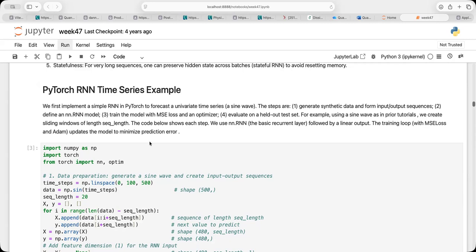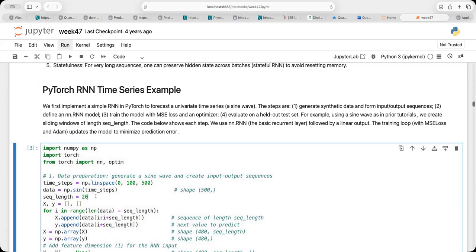And in this specific case, you will also see that they have defined this sequence length to be 20. So that means that the first sliding window will go from x0 to x19. And then the next one will start with x1 and go to x20, etc. So that's the sequence length. And as you can see, this becomes a hyperparameter which you set up in the beginning of your calculations.